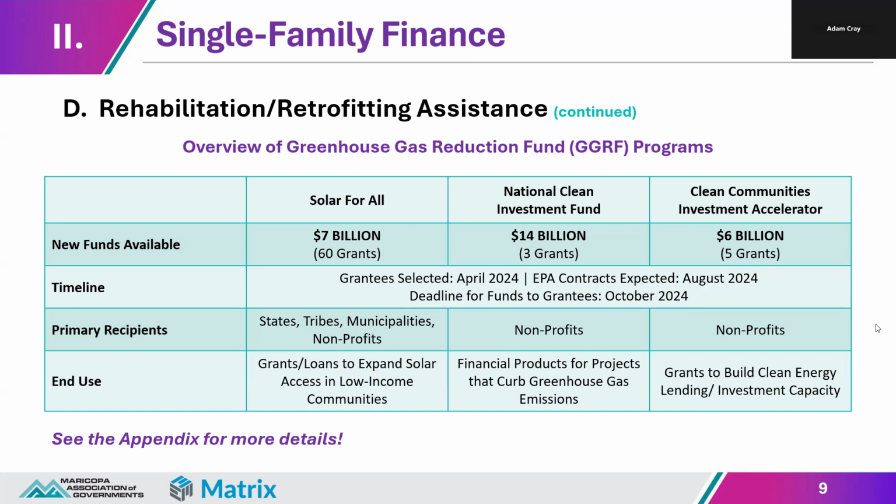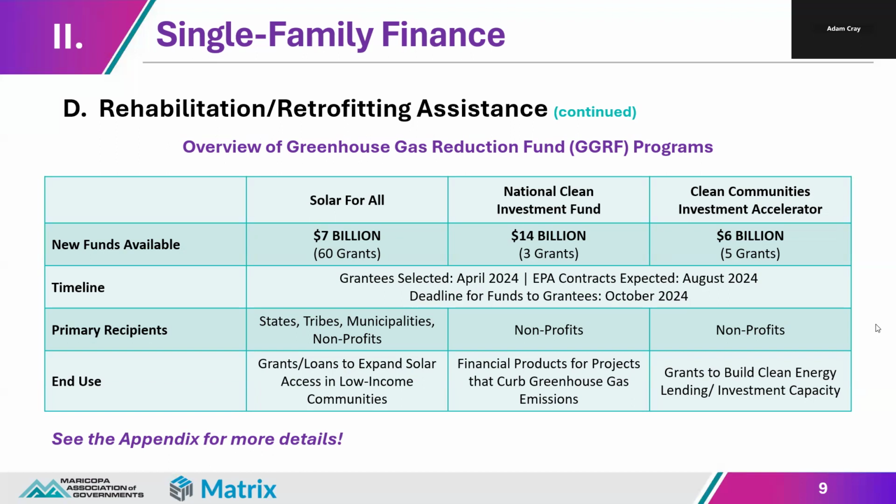They have been granted to nonprofit entities across the country who will then, in very short order, be subgranting and lending at below market rates to local governments and other nonprofits to create programs for these end uses that I've noted here. So under Solar for All, it's expanding access to solar photovoltaic technology in low-income communities. The National Clean Investment Fund, the largest pot of money here, is really the, as you'll see later,